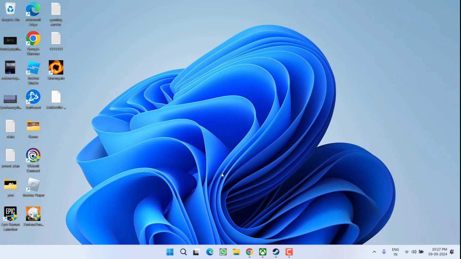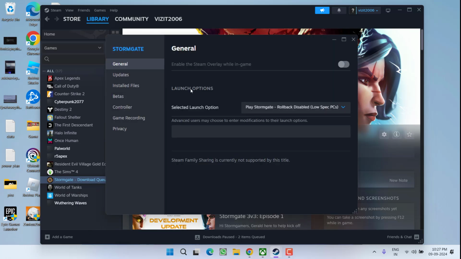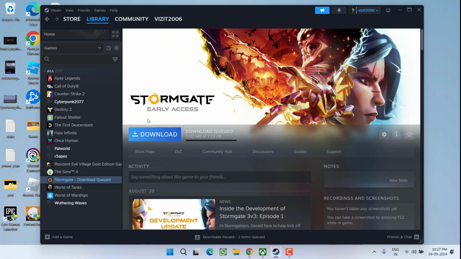If this also failed, in the next method, you need to change the launch options. So open up your Steam, right click and choose the option Properties. Now here, under the launch options, type in -DX11 and then launch the game. If DX11 doesn't work, type in DX12 and then relaunch the game. You have to do these two changes one by one to check which method works out for you.